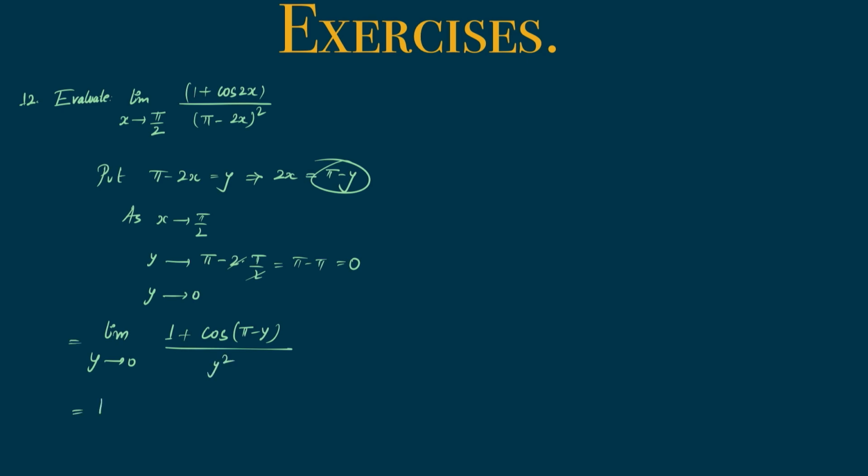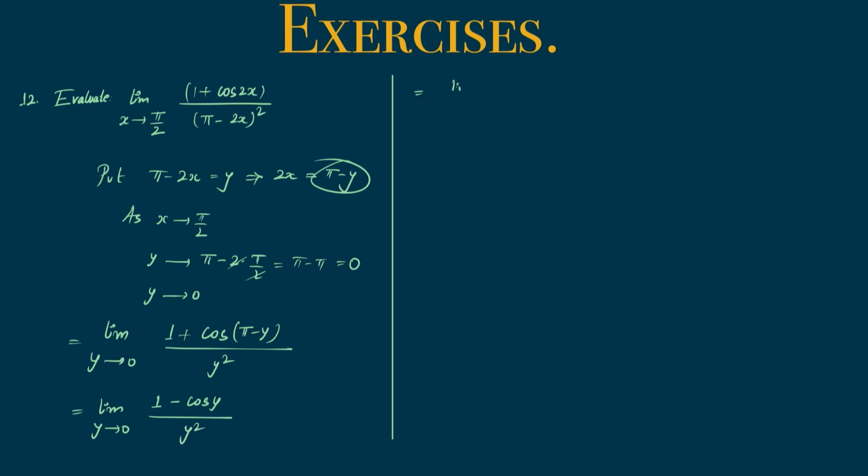So this will be equal to limit y tends to 0 1, now here, as you see, there is cos of pi minus y. Now if pi minus y, it means it lies in the second quadrant. Pi minus theta always lies in the second quadrant, and in the second quadrant cos is always negative. So now the value of cos of pi minus y will be minus cos of y, whole divided by